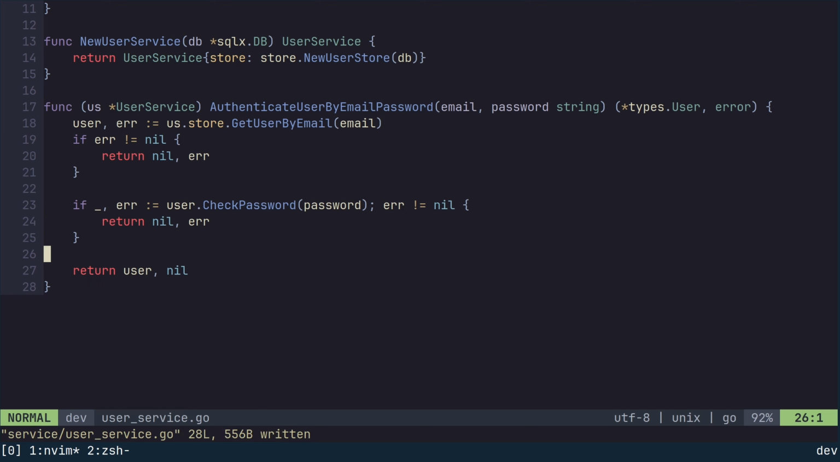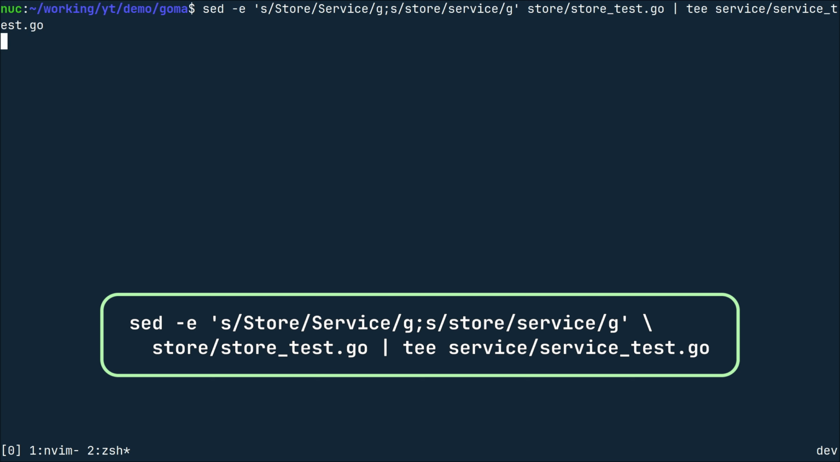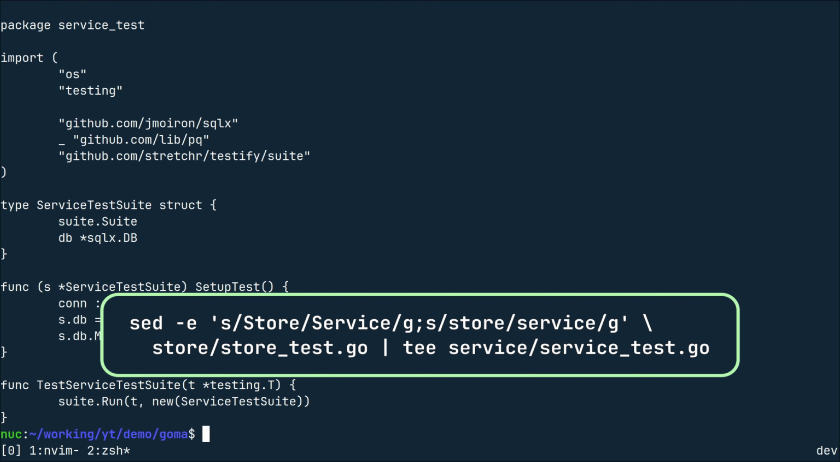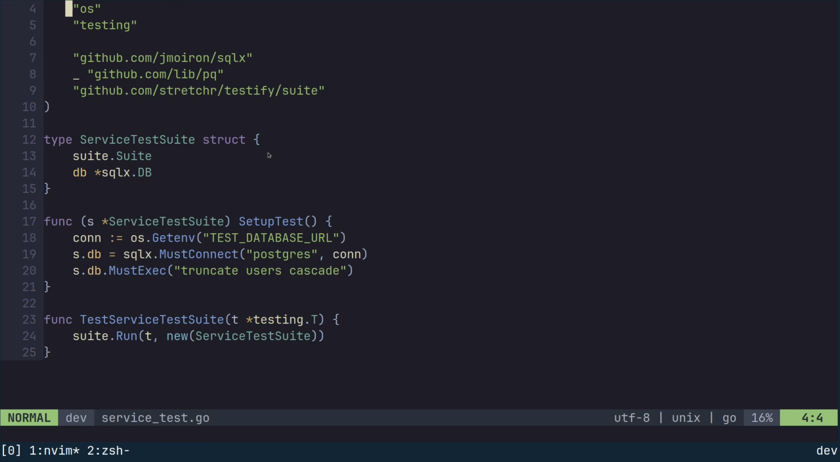Now let us write some tests for the user service. We're going to have to create a file named servicetest.go in the service directory. This file will be almost exactly the same as the one for the store package, so I'm not going to bother writing it out by hand. Instead, I am going to use a command line tool called sed. This command will read the file StoreTest.go, replace every occurrence of store with service, and print the result to the standard output. I pipe it to a command called tee, which will also write the text to the file I passed as its argument. As we can see, this gave us a new struct type for the test suite